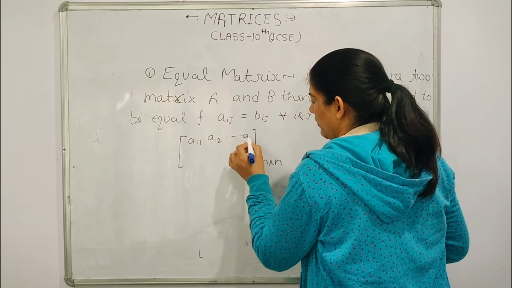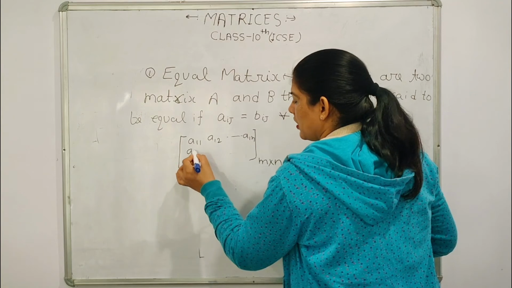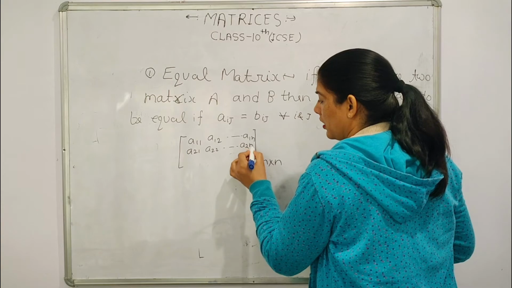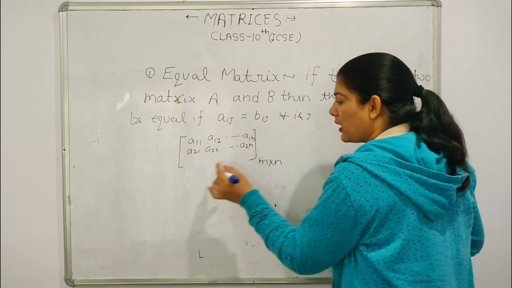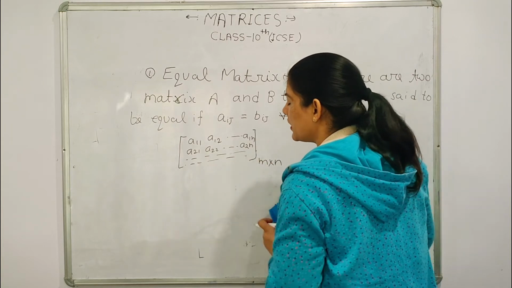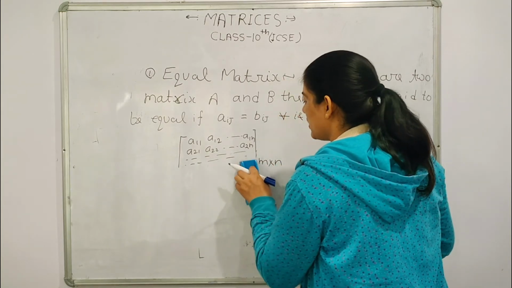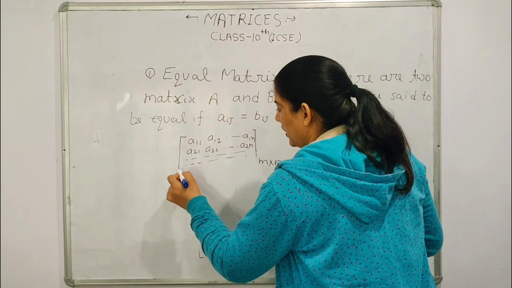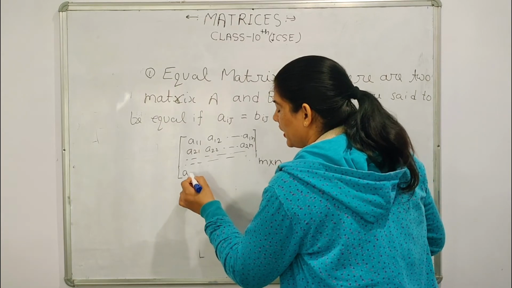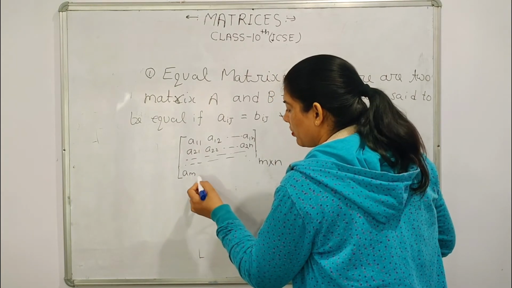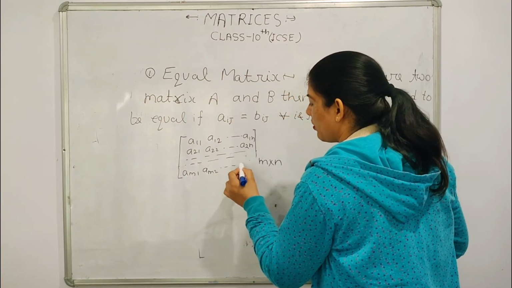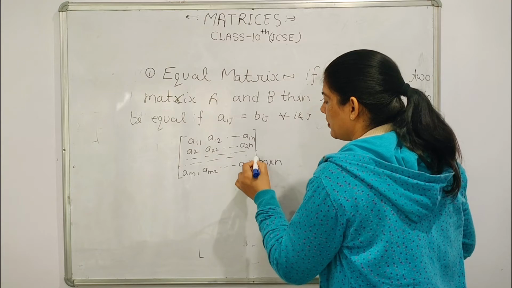So this is A1n, A21, A22, A2n, because this is the nth column, and the last row will be m. So the elements of the mth row can be written as Am1, Am2, and the last element can be written as Amn,